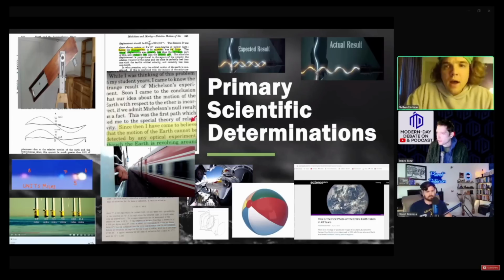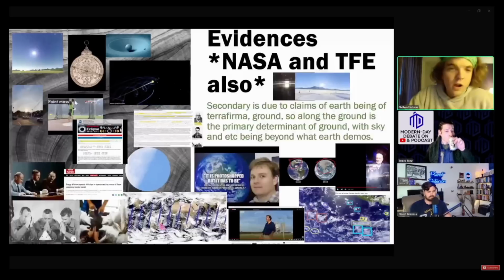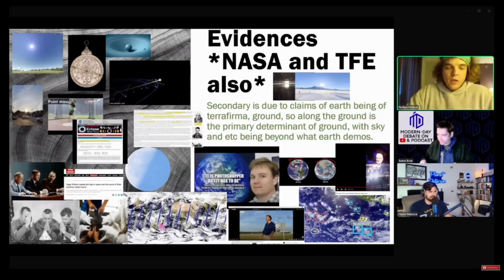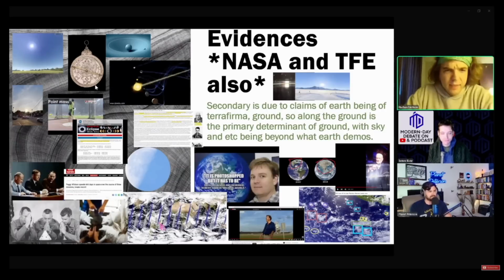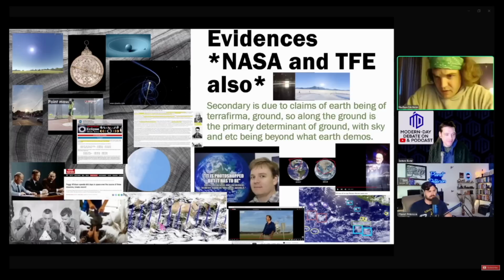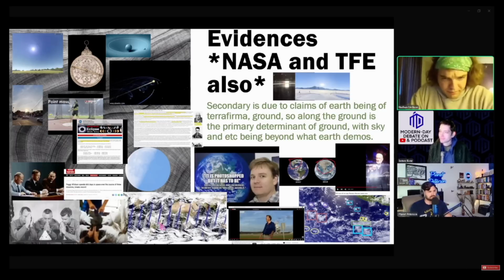So then the evidences, like the secondary evidences, and then I also threw NASA and TFE in here. So you have the sky, you have optics, you have lights, and these would need to be explained, and all of these lights have a ground position and everything. So I guess we'll just go to TFE first. So this here is actually